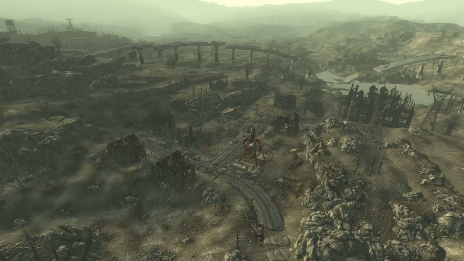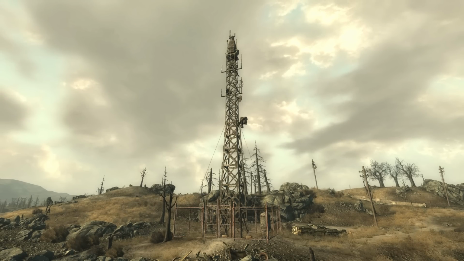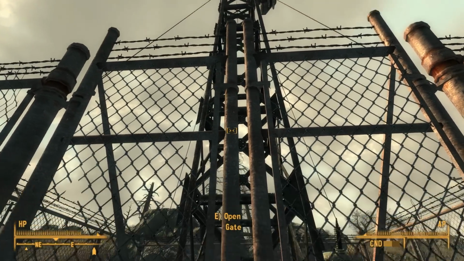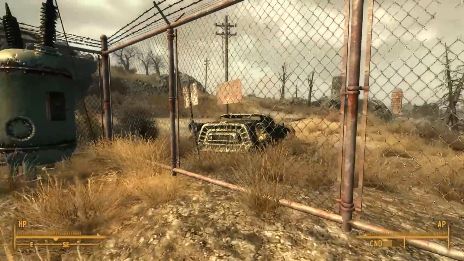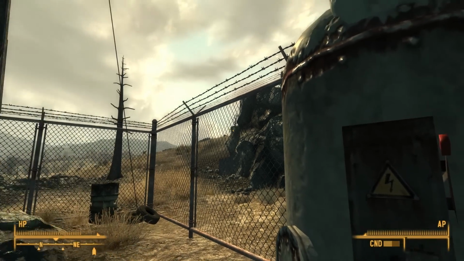But that's not what we're here to talk about. Instead, we're here to talk about the relay towers that you can find all across the map. Walking up to the relay tower and looking up, you can see this giant metal structure. Looking at the gate and opening it, there's nothing much to see here. But if you go behind it and click on the power switch, that's when you get the radio signal